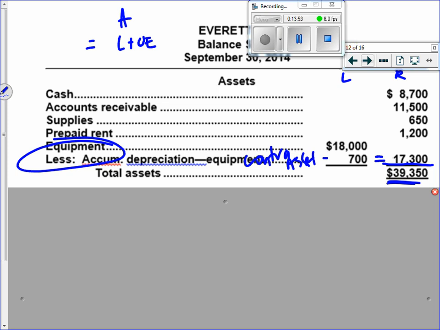Now, why would this be all screwed up if you were pulling from the unadjusted trial balance? Why would these numbers not be the way they are if you were looking at the wrong columns? It's what they started with. Supplies would have been screwed up. Accumulated depreciation would have been screwed up. Rent would have been screwed up. AR would have been screwed up. The only one that would have probably worked was the equipment value and the cash. Everything else has been used up or kicked, or